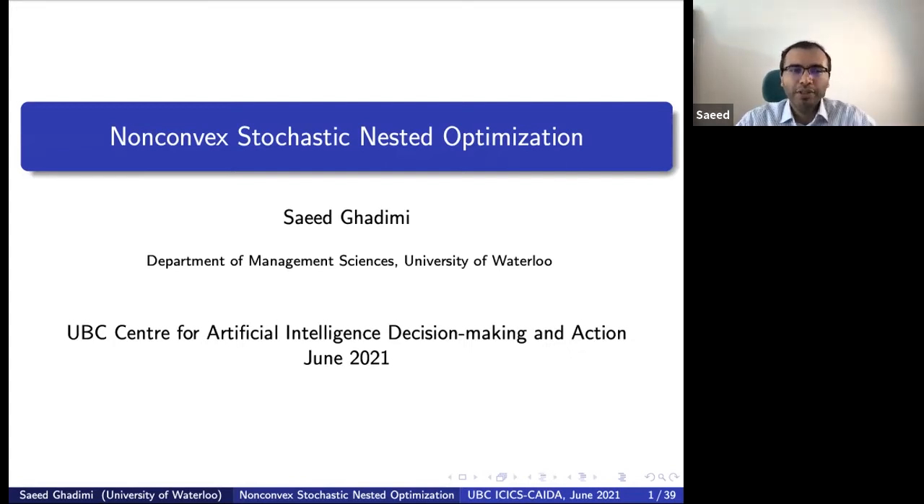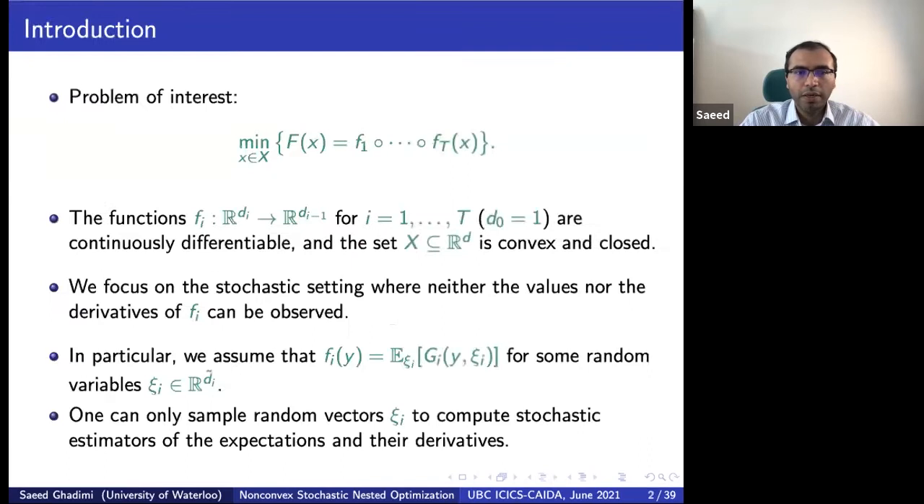So as Maria mentioned, today I'm going to talk about a non-classical stochastic optimization problem, specifically a stochastic nested optimization problem. In particular, I'm interested in solving a composition problem where you want to minimize a function f of x, which is a composition of two or more functions over a convex and closed feasible set. So here, if all of these fi's are deterministic functions, then it's just a classical nonlinear deterministic